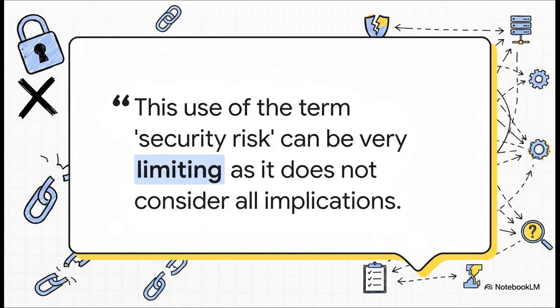But the handbook is really clear on this. That way of thinking is incredibly short-sighted. Because when you just focus on that one single action, the fraud itself, you completely ignore the whole web of failures that let it happen in the first place. It's not about the one bad thing that happened at the end. It's about all the little things that went wrong leading up to it.